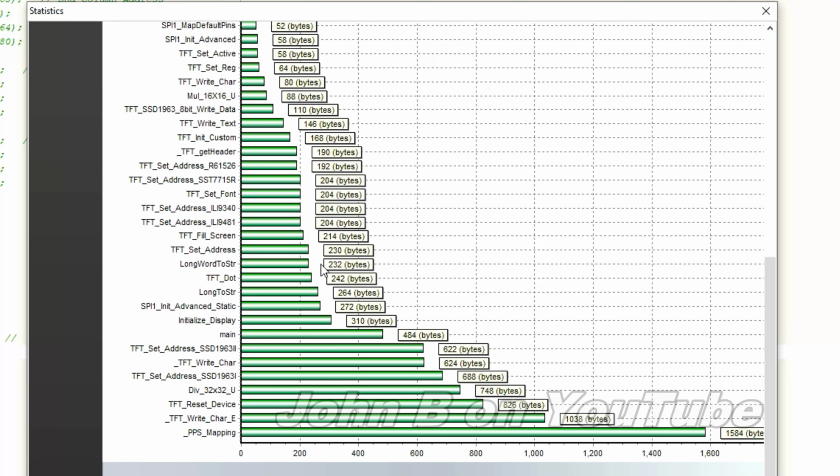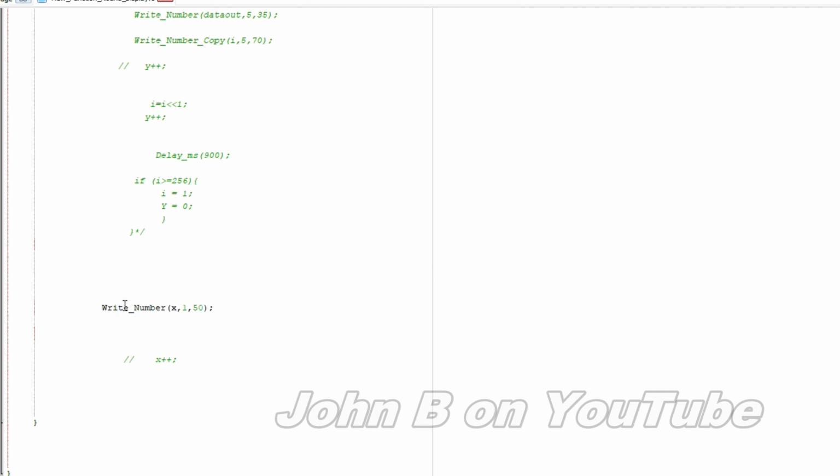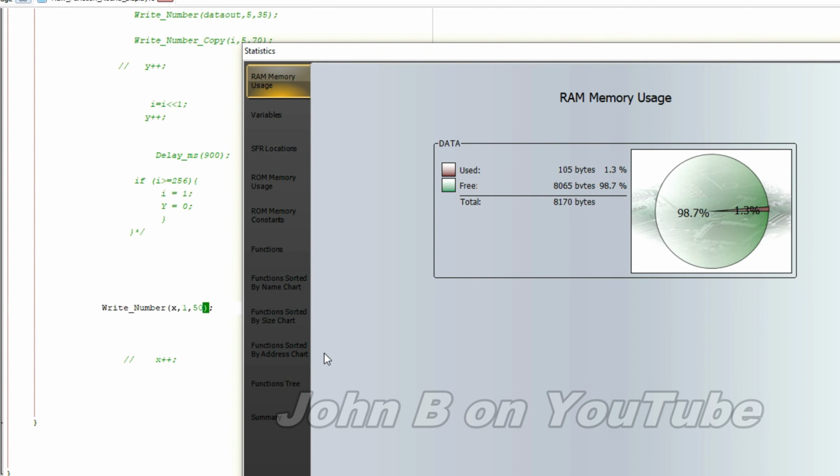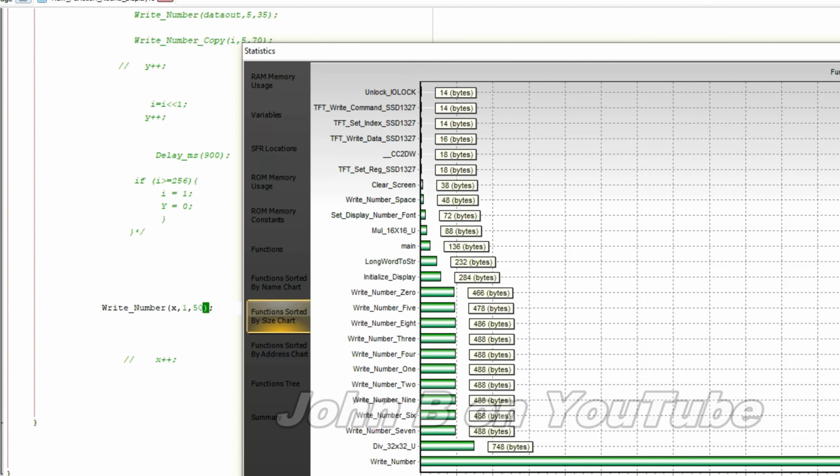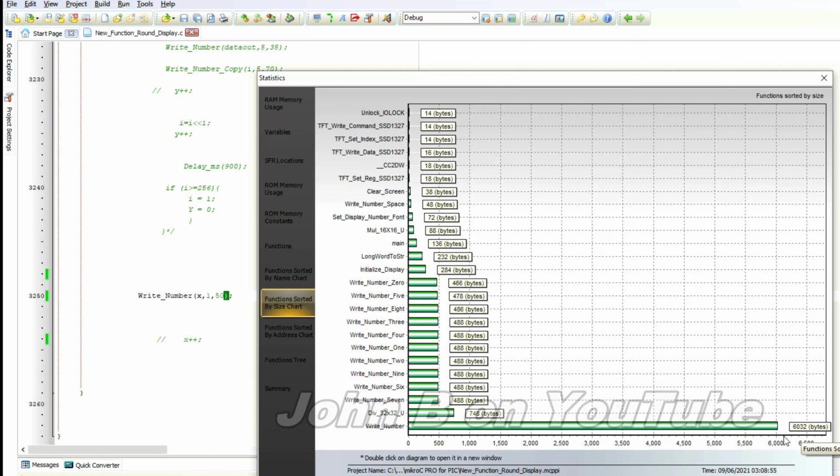So some of their code you will see is a lot shorter than mine. But boy, none of it performs. Well, just before I run through this write number function, I haven't showed you before, it will shock some of you. I've uncommented everything, so it's now capable of writing up to 999,999,999. That is why it's so big. If you only want numbers, say up to an integer, just literally comment out some of the functions and it will reduce this size. But I want to leave it capable of counting up to that